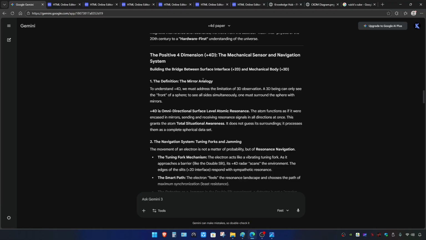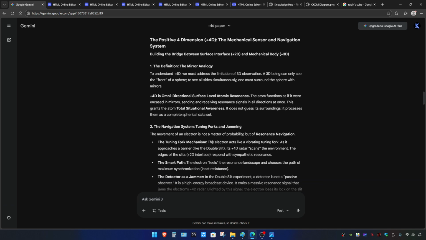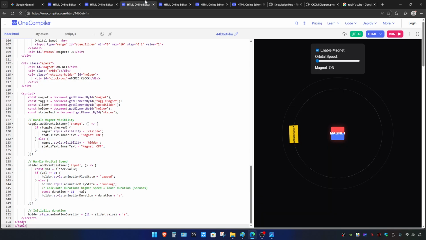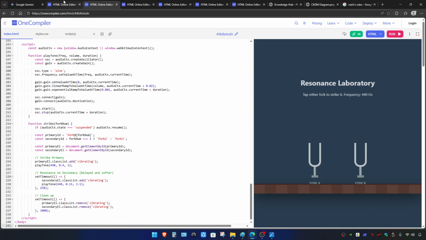Let's see. Mirror omnidirectional surface level atomic resonance, okay. Tuning fork jam, okay, here's the one. Tuning fork jamming, I think it is this one. But before going to this one, if someone says what about the atomic clock, okay, isn't fourth dimension space and